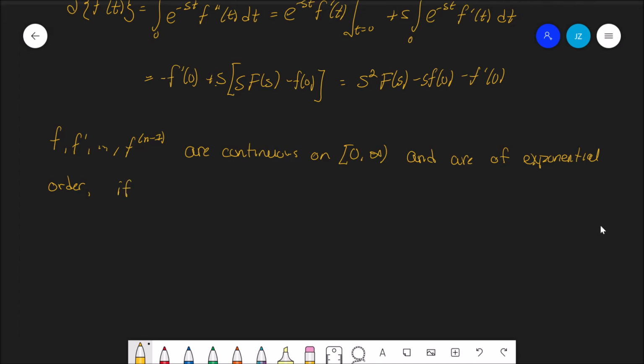And if the nth derivative is piecewise continuous on the same interval 0 to infinity,